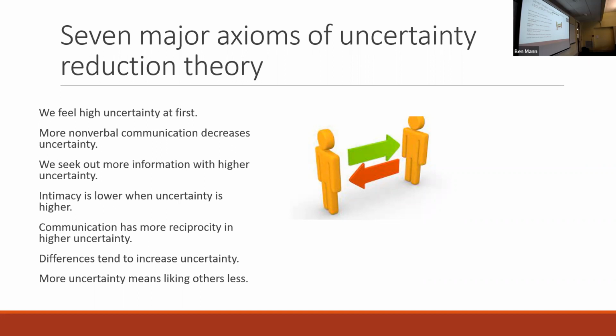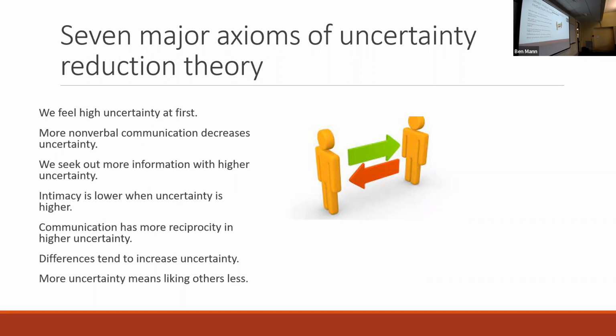Getting that basic information helps us to get our guard down a bit. We might start by asking questions about that person to get to know some of the greater details about them. If you have taken either interpersonal or communication theory, you might be familiar with social penetration theory. That's the idea that we're like onions, right? We have the outer layers, the basic information, but as we get to know and become closer to other people, we start to move in and reveal our values, our beliefs, our hopes, our dreams, things that are a lot more personal to us that become disclosed over time.